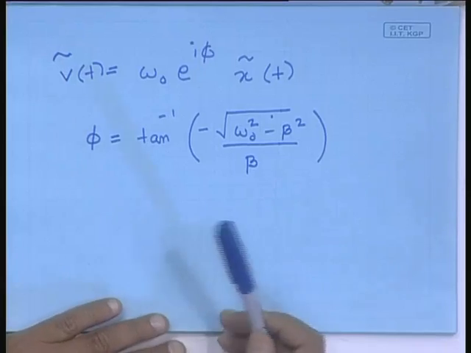As you increase the damping coefficient, the oscillations in the position and the velocity slowly move towards the same phase. From being exactly pi by 2 out of phase when there is no damping, as you increase the damping, the position and velocity slowly move towards oscillation with the same phase. This is a very interesting feature which occurs when you introduce damping into an oscillator.